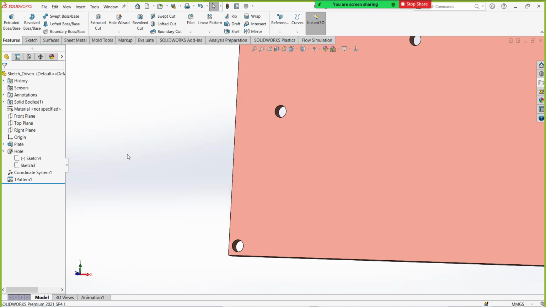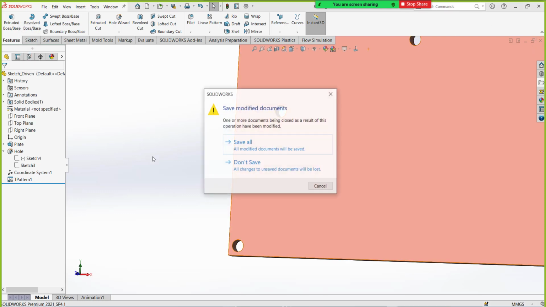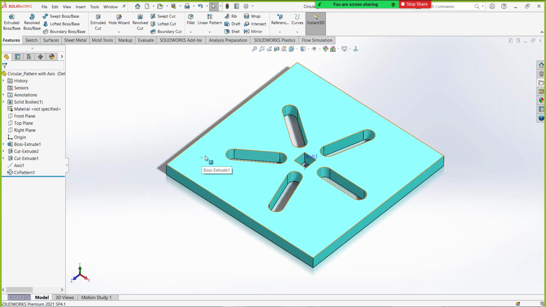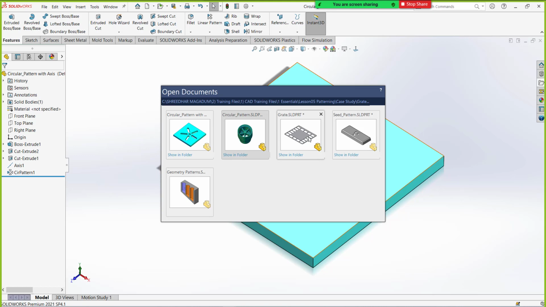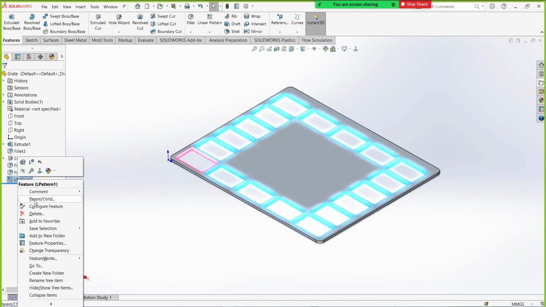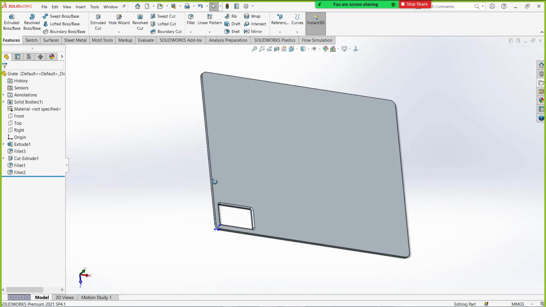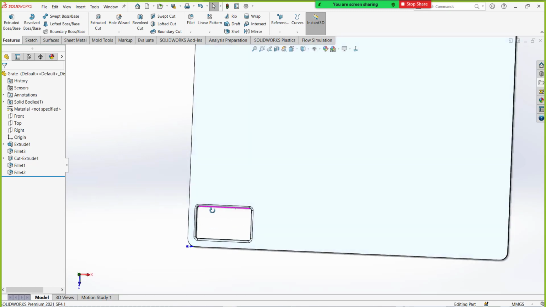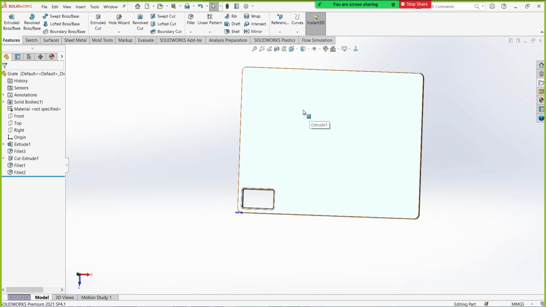Sir, where it is used? Practically there are some cases. Let me just showcase this one only, so you can understand. Okay, let's say this is the cutout now. They need it exactly somewhere here, so they can utilize the coordinate system from the center and they can define the coordinates. So in practical scenarios where we can implement all this stuff,